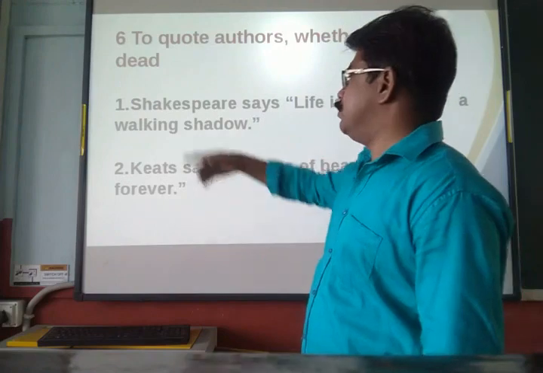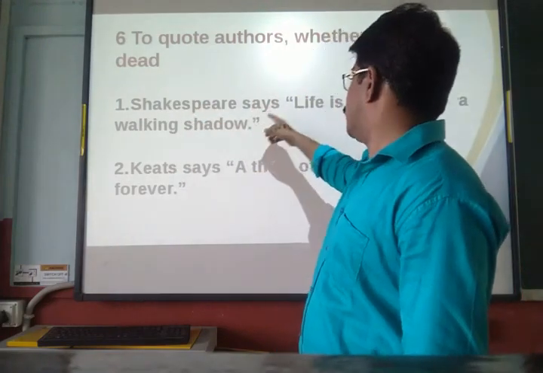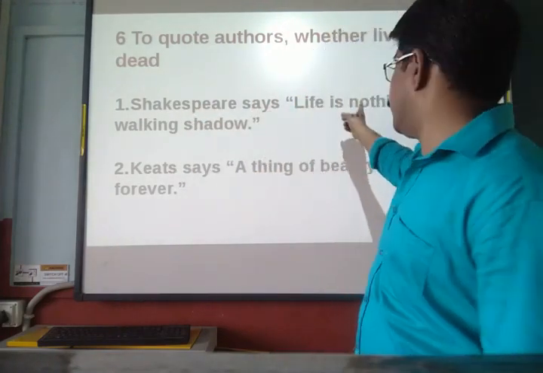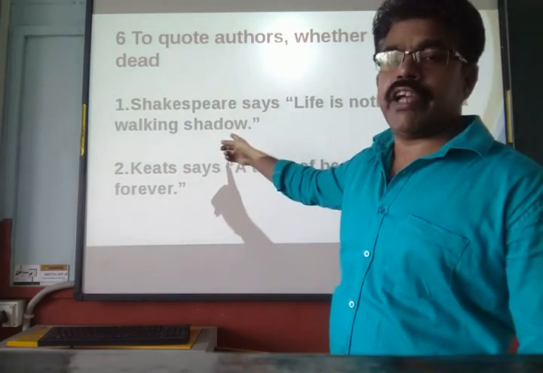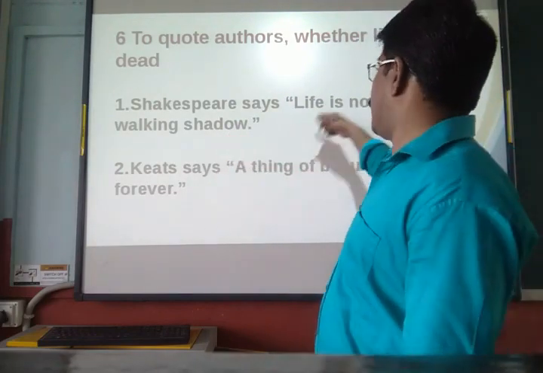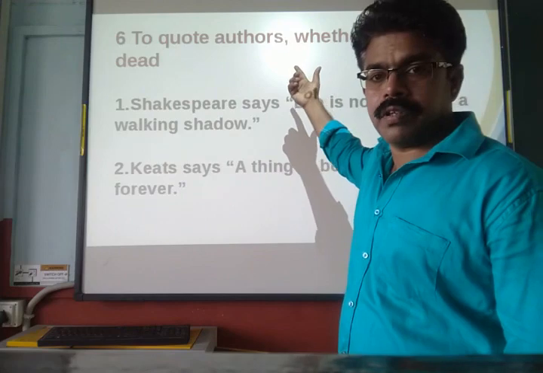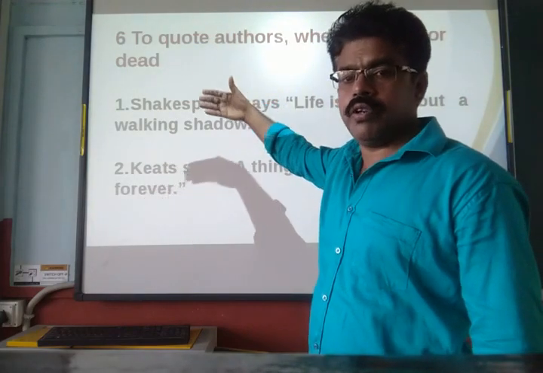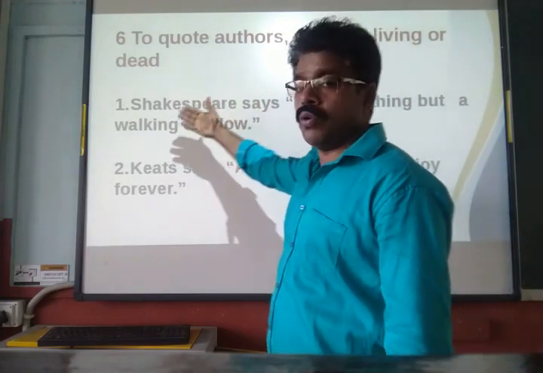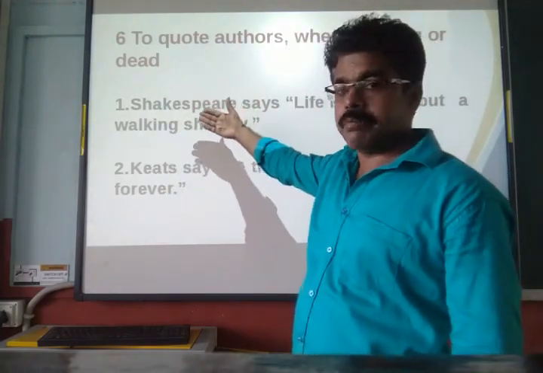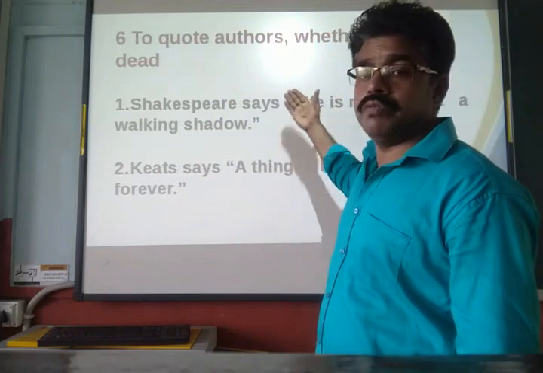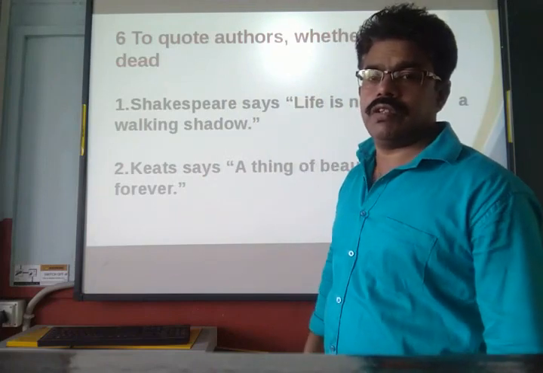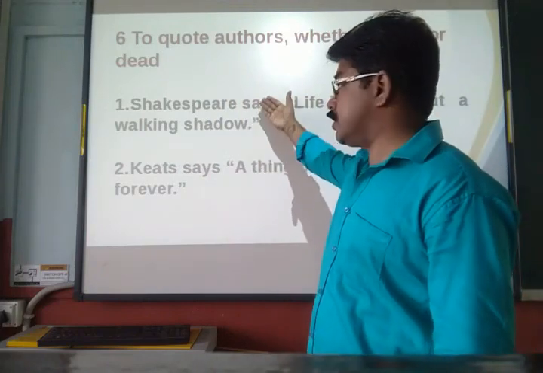But still you say, Shakespeare says, life is nothing but a walking shadow. We never say life was nothing, just because he said this at that time. No, we don't say that. Whenever we quote, we take his words, and when we say it, we use the simple present tense. We use it at that time. He says,